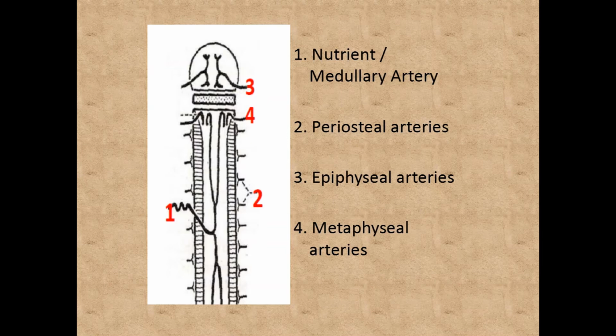So this is the importance of knowing blood supply of bone in the pathogenesis of osteomyelitis. So 90 to 95% of the times the route of spread is through hematogenous way. So blood will obviously be slowing down at number 4, the hairpin bends. So if at all there is a considerable amount of bacterial load in the blood, as soon as blood slows down near number 4, bacteria will lodge there.